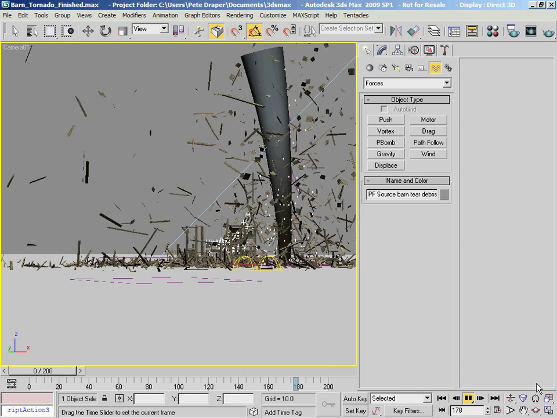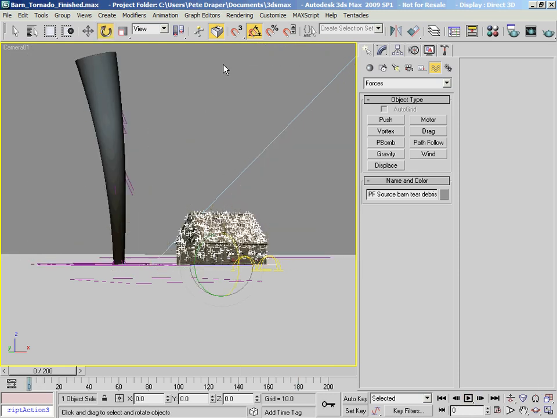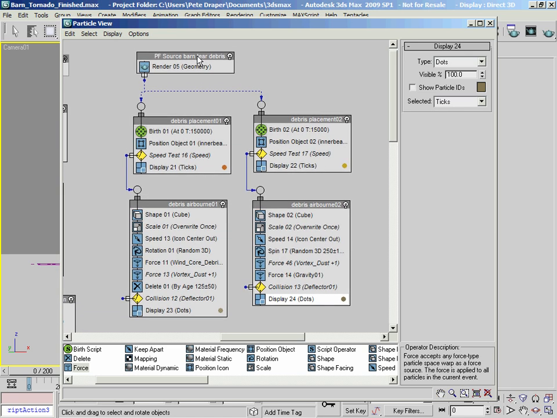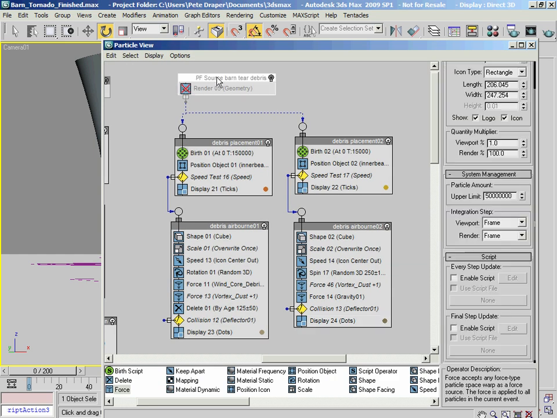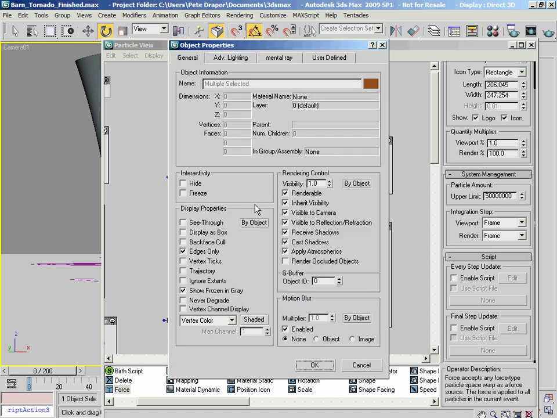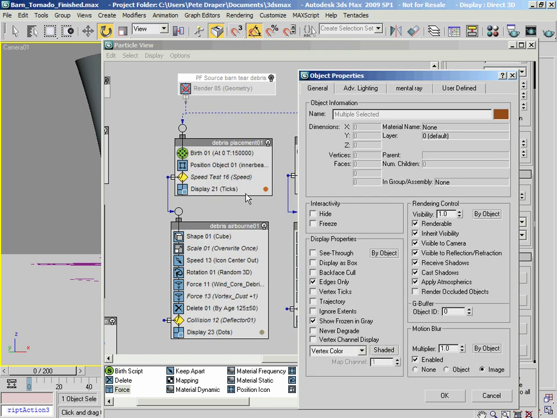Okay, so what we'll do now, I think, is we'll turn this system off, but so we've got some motion blur when it comes to rendering, I'm just going to select this guy at the root, go to properties, and turn on the image motion blur. So what that enables us is when it actually comes to render time, like we saw in the geometry itself, it smears the particles and smears the geometry, so it all blends together.